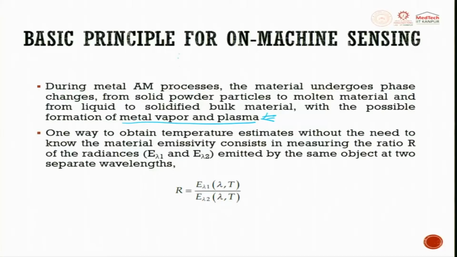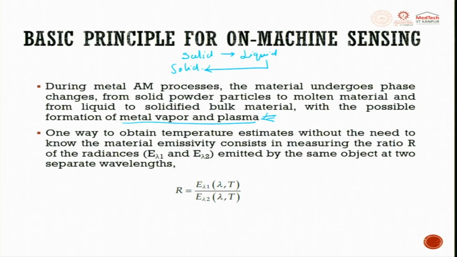During metal additive manufacturing, it is pretty interesting. From solid, it goes to liquid, and from liquid it comes back to solid. In this transition, it releases vapor and it releases plasma. If you can measure the vapor density or the plasma density, you can talk about the temperature. One way of obtaining temperature estimates without the need to know the material emissivity consists in measuring